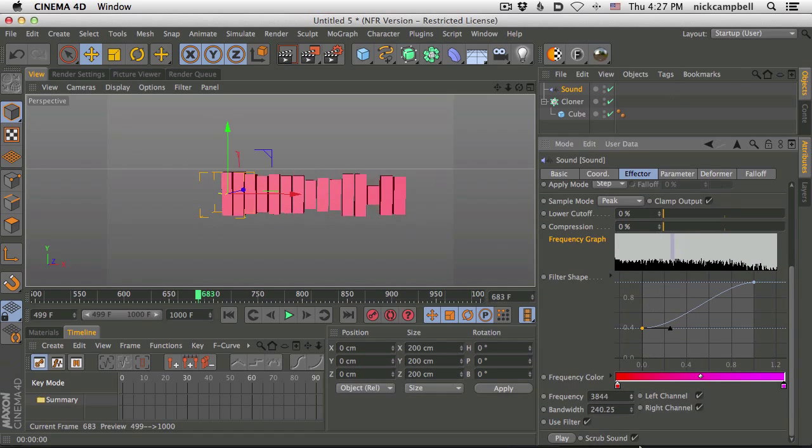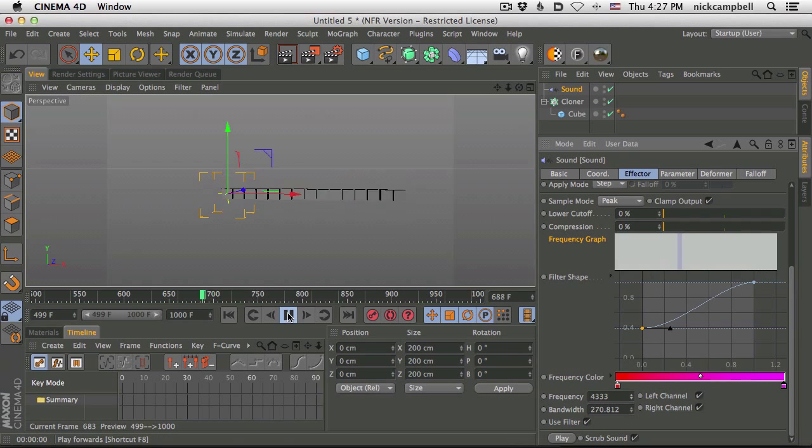So the frequency we can move up and down, and you can see it's actually being drawn into this frequency graph. It shows you what part of the frequency it is. So if you see a really sharp piece on your graph up here that you want to capture, you can actually move this up and down visually and kind of grab it. The number below that is your bandwidth, and this is how wide or how fat that channel is.